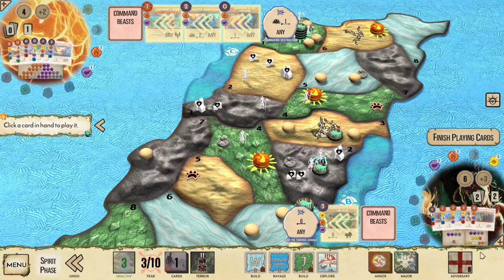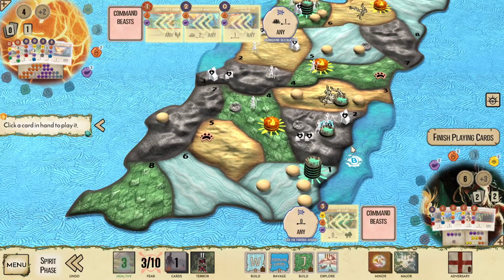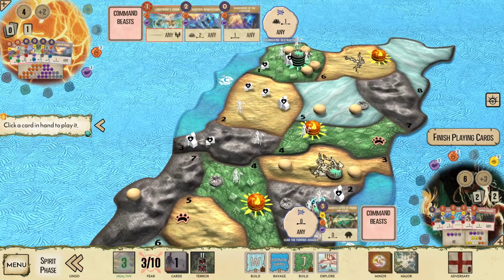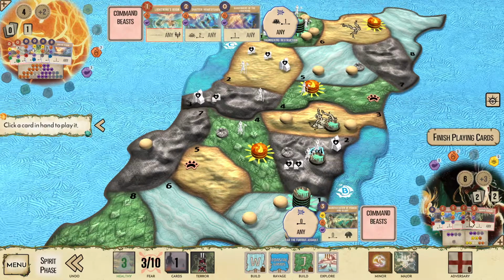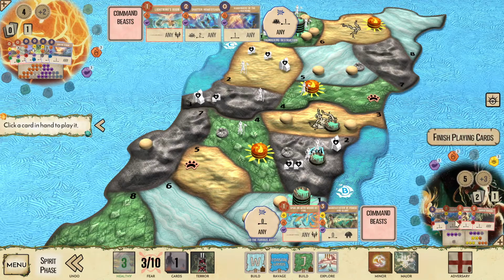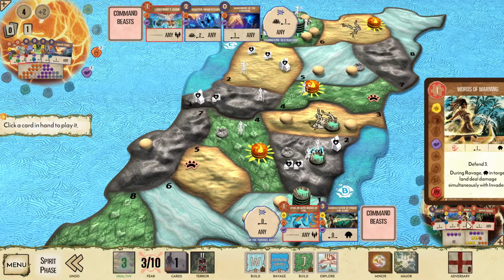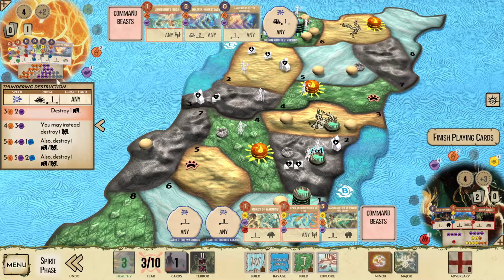So, Manifestation of Power and Glory. We could set up a sudden ambush potentially to get rid of this Explorer. We may have the ability to get rid of a bunch of these other buildings in advance, but it's probably not going to be as worth it. So, let's go ahead and have some fun with Spur On with Words of Fire and Words of Warning. Then with that,